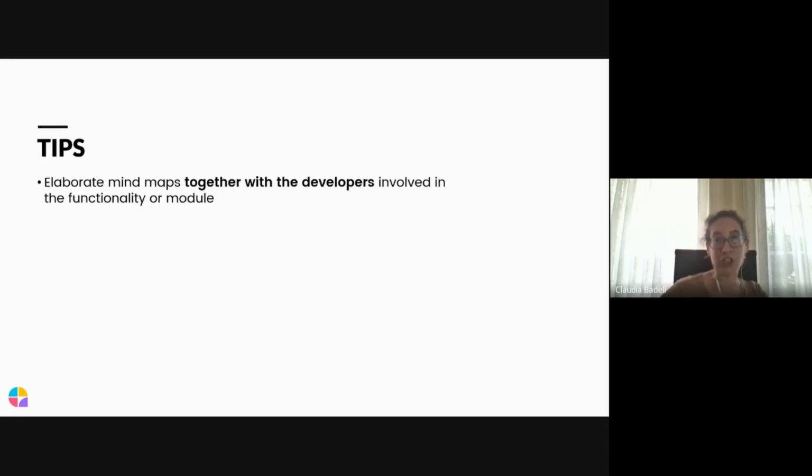Another recommendation from my experience is to elaborate mind maps together with the developers involved in the functionality or module, because the developers can help identify testing variables and ideas from inside the code, which are more difficult to identify from a black box strategy.